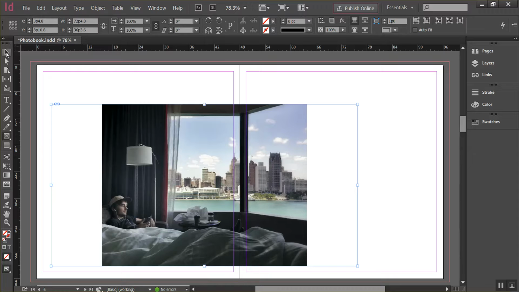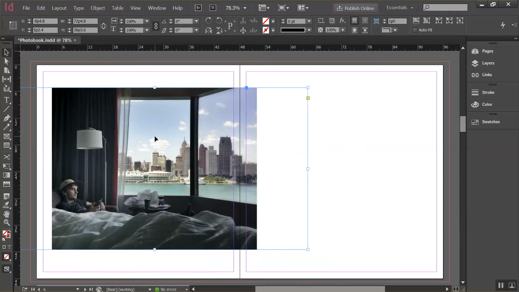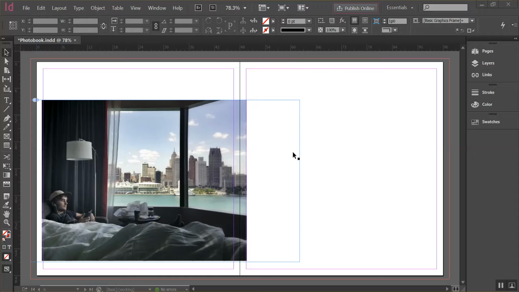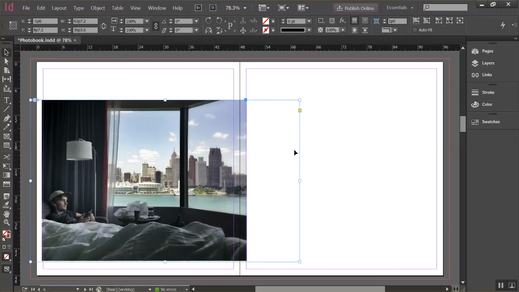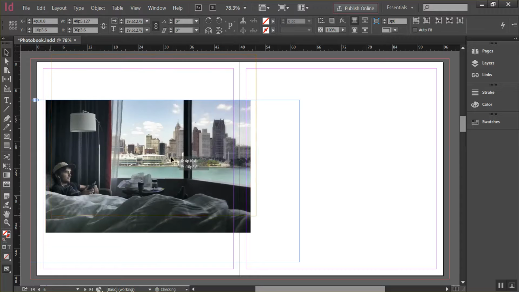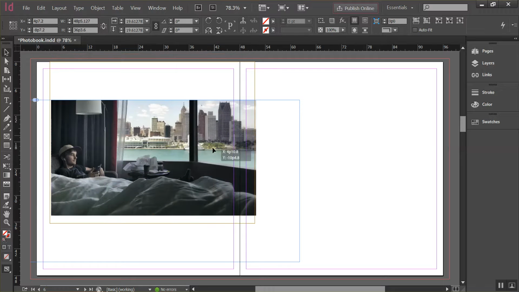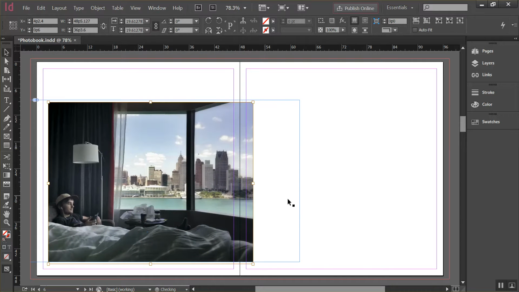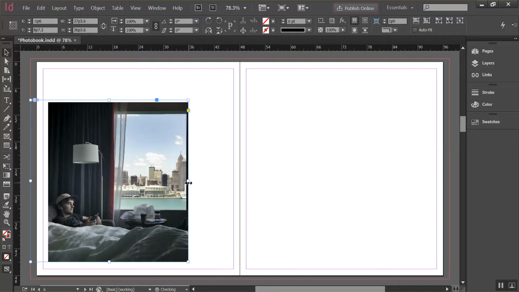Then you can take the arrow at the very top, which is called the selection tool. You can take that and move it around on the page. In either case, you get both the object frame, which is this blue frame, and if you double click the image, those can be moved independently of each other. So if I move the image up, all you can see is the part of the image that's inside that frame. Or I can move the object frame